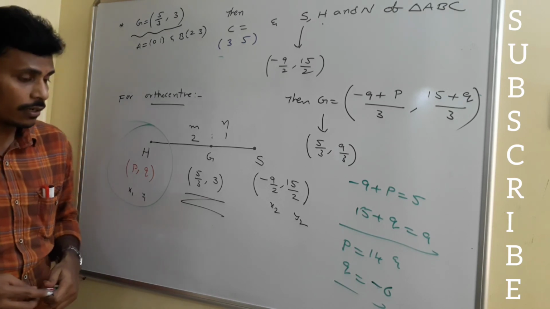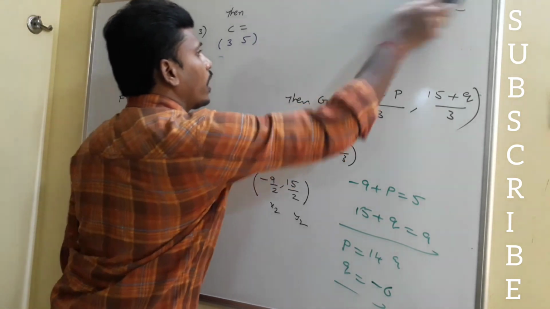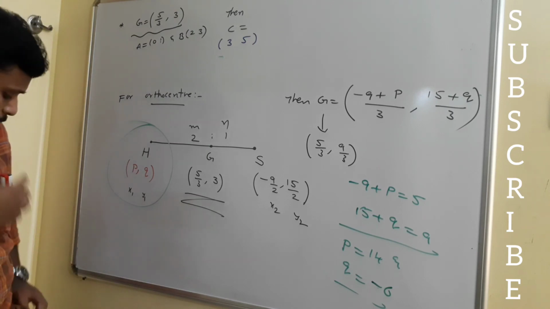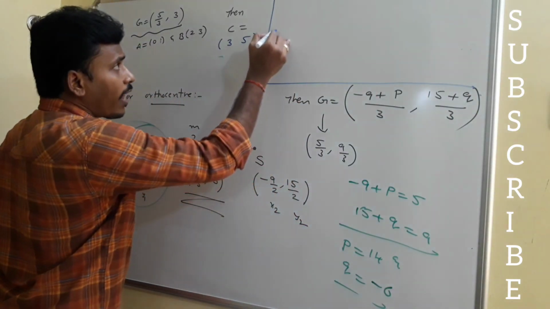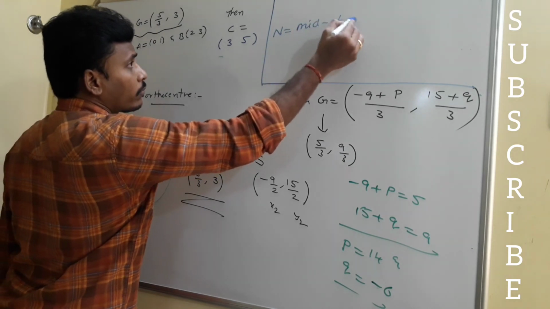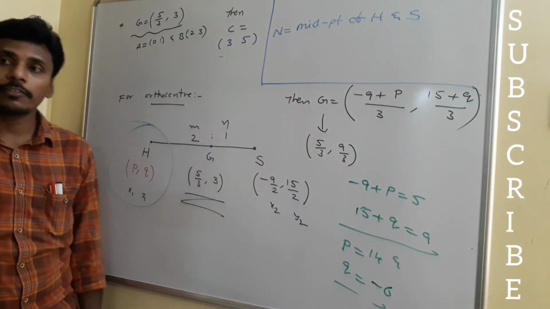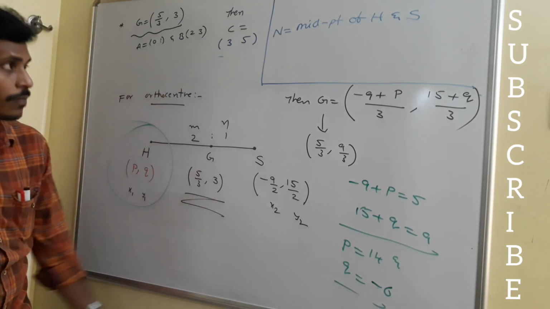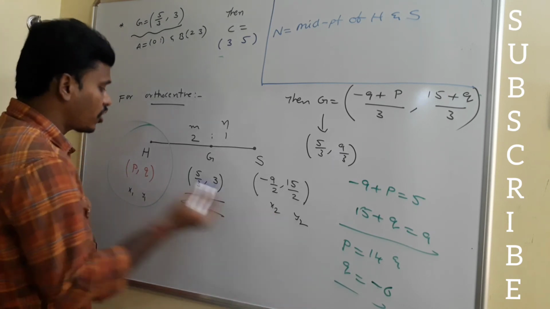Another part in the question is that you need to find the 9-point center also. How to find the 9-point center? I will mention that here, and then I will complete the session. As I mentioned, there is another part in the question to find the 9-point center. On the Euler line, the 9-point center is the midpoint of the orthocenter and circumcenter. Now I found the orthocenter as 14 comma minus 6. The circumcenter we have as minus 9 by 2 comma 15 by 2. Use the midpoint formula for this H and S.